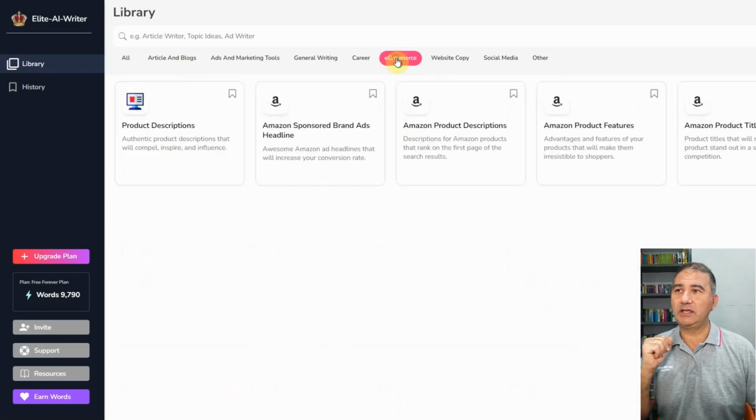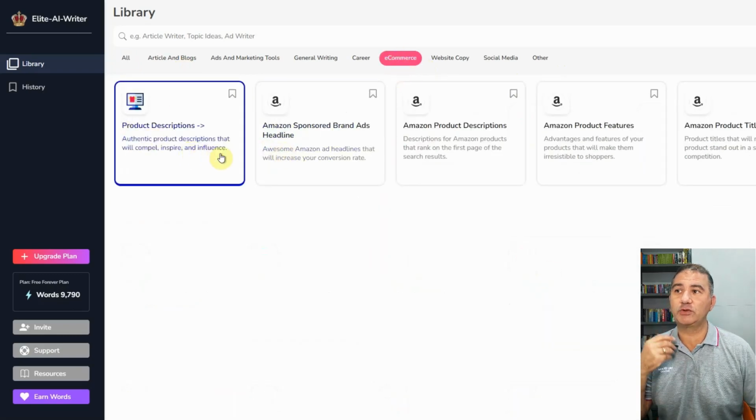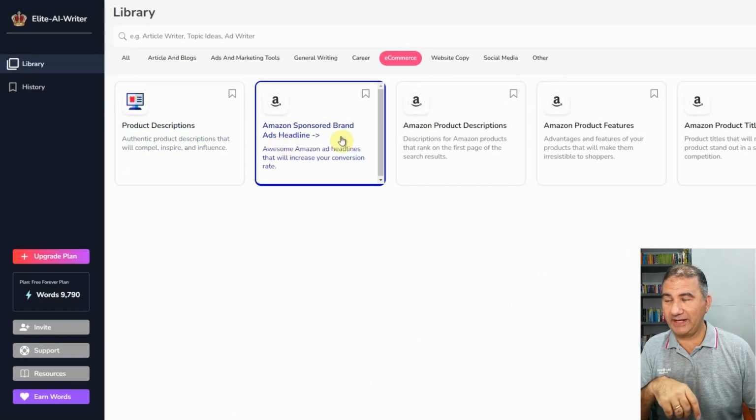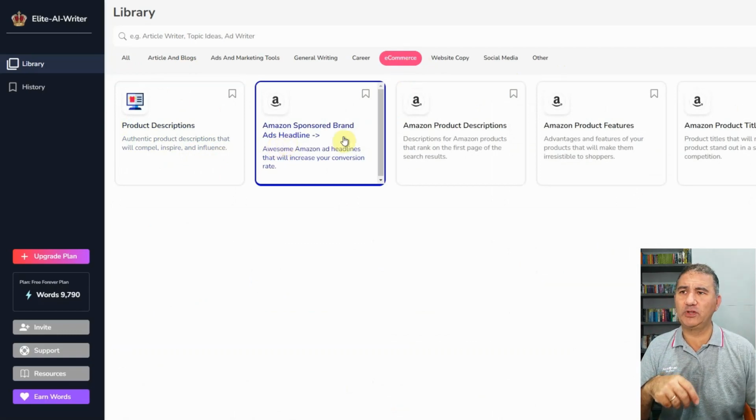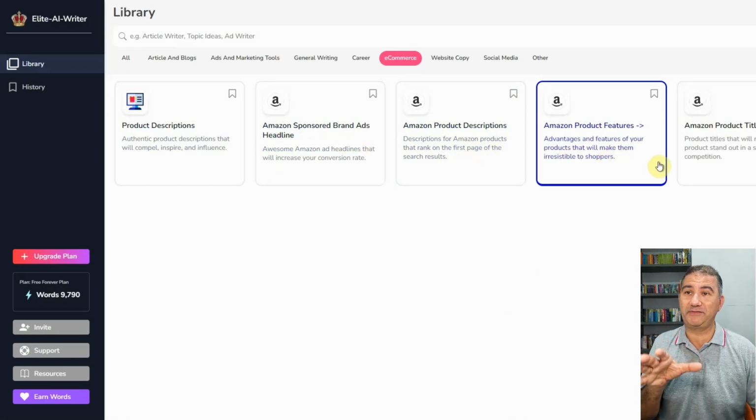So let's just tap on e-commerce over here. And we've got 5 different headings here. Product descriptions, Amazon sponsored brand ads headline, that's a bit of a mouthful, Amazon product descriptions, etc., etc. Now don't be afraid because of the fact that all you see is the word Amazon in 4 of them. You can still use it and then place it on whatever platform it is that you want to utilize the